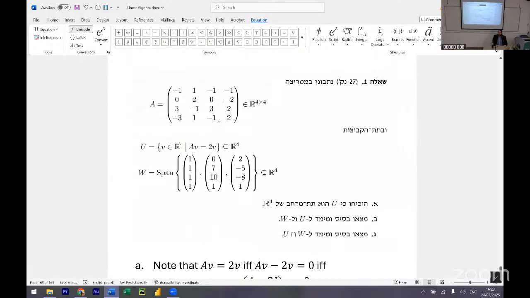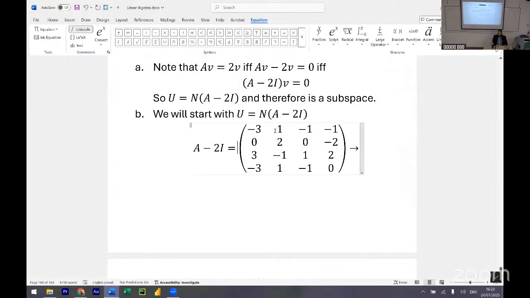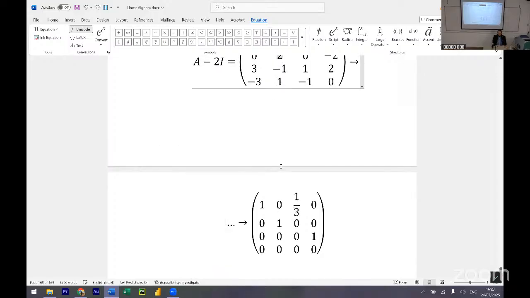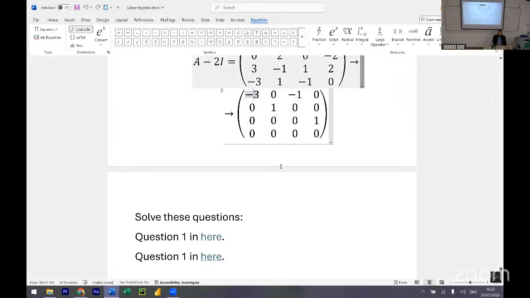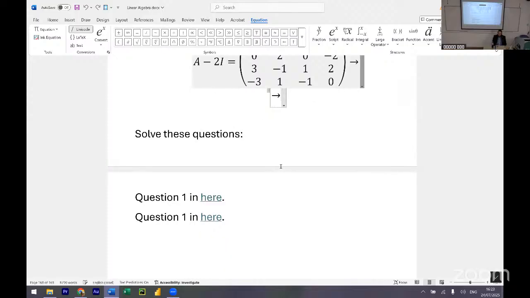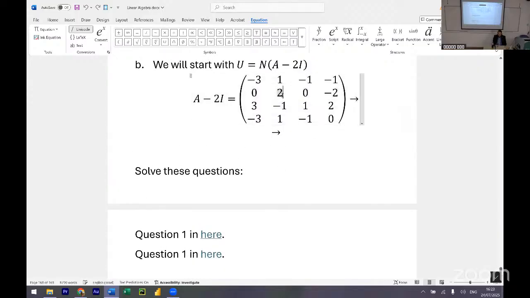Go back up to 8 for a sec. You did minus 2I, not minus 2 on everything. Yeah, minus 2I. So in the second value, it ought to be minus 2, right? You are correct. I think what I'm doing is extremely stupid. Yes, that was stupid. Okay, I'll do it again.